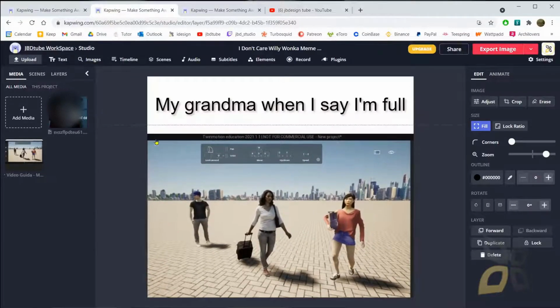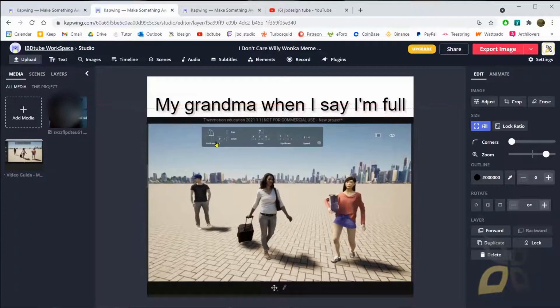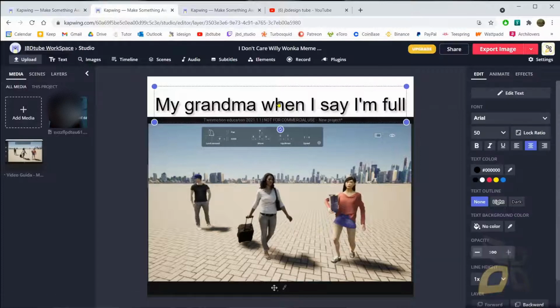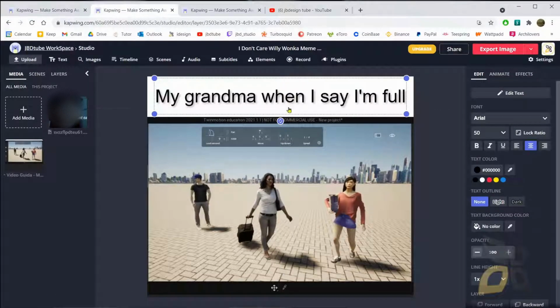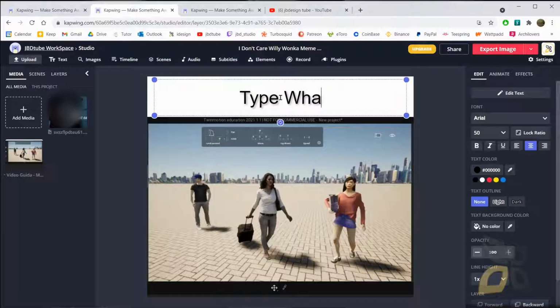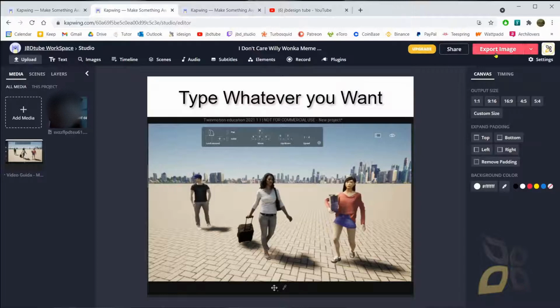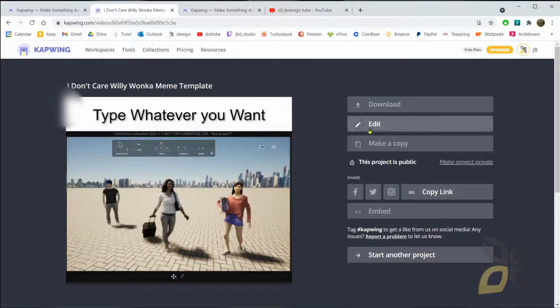So I can scale these images a little bit. I can do a lot of things here, but we're gonna get back to those in another video. Just want to show you the basics here. So I can click and move the text. I can edit the text, double click, and just type whatever you want. And that's gonna be your meme. So when you finish here, you can export directly here, and you can download it, you can edit again, you can share it directly in your